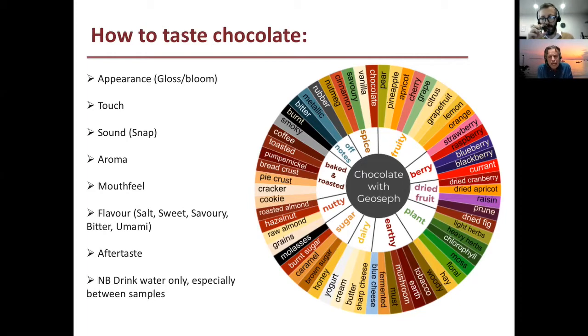Now, in terms of flavor, there's a lot of sweetness there. It's a milk chocolate. There's cocoa there. But I would suggest that actually for me, the major flavor I'm getting is caramel. So caramel, toffee notes.